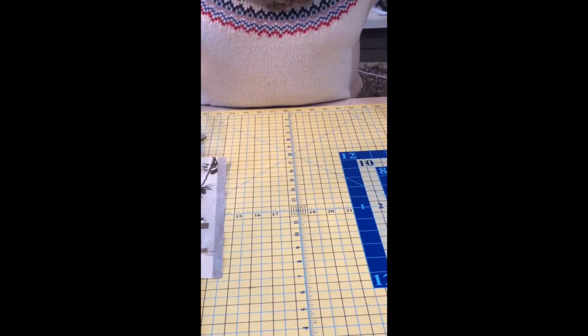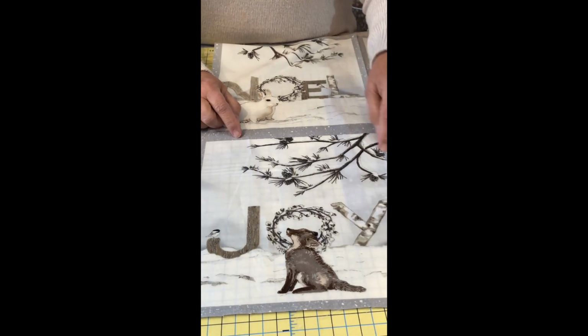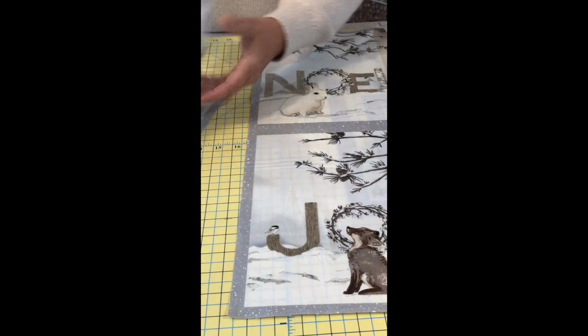With the one with the little fox baby sitting here, you're probably going to choose to cut off the most of it up here, because you're just going to lose some of the branches, but you don't really want to lose that fox. So when you decide how big you're going to make it,